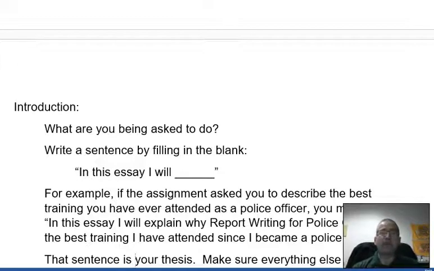So, for example, here's where some people get off track. Let's use this example here. So you read this, and instead of saying the best training you've ever attended, you write an essay about how you would train whatever topic you like. Let's say you are a firearms person, or a DTU person, or traffic stop person, whatever it is, and you say, oh, here's my chance to explain how I would teach that. Well, that's not what you're being asked. You're not being asked to tell how you would teach that topic. It's asking you to recall a class you took that you felt was the best.